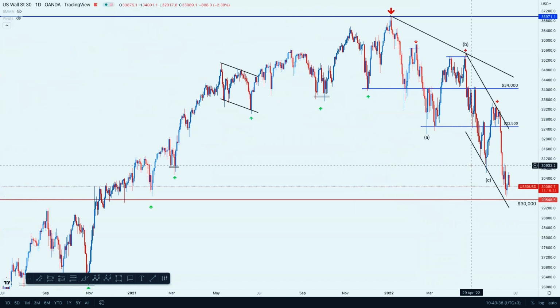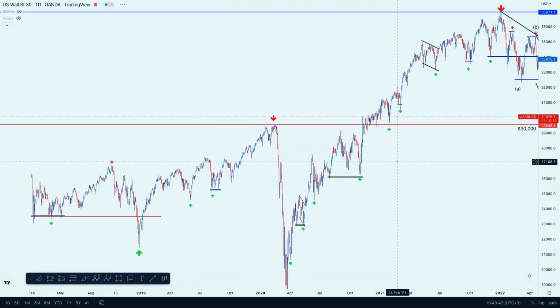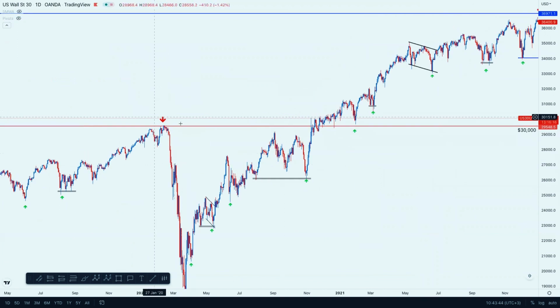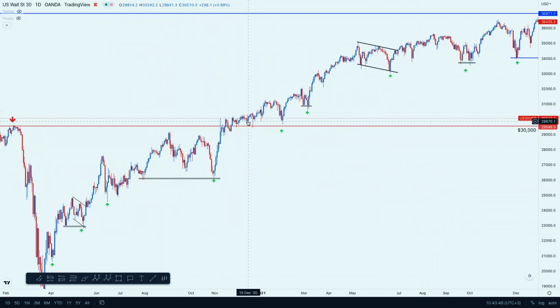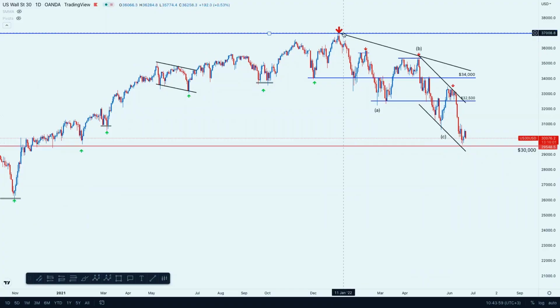Okay, so the level I'm watching on Dow is the $30,000 mark. It was a significant level before pre-COVID-19. Here we were, it acted as a resistance level. Market came and also broke above it to the upside, then acted as support, and that's sort of where the market is coming back right now. Markets are down about 20% year to date, ever since the highs at 36,009, let's say more or less 37,000 if you round it off, and now the market is at 30,000, more or less around that region. So it's important to pay attention to that.